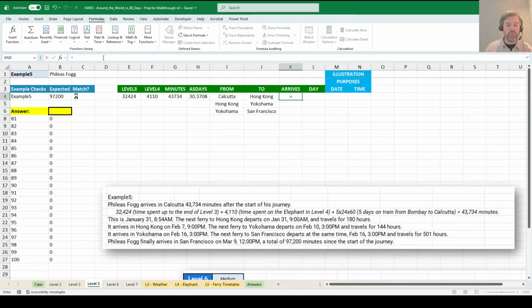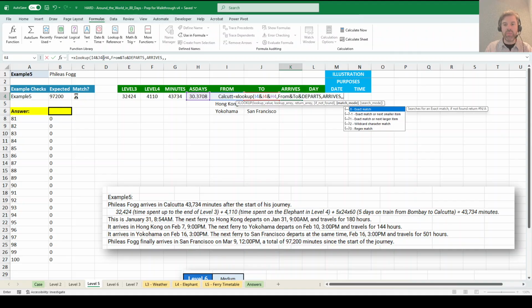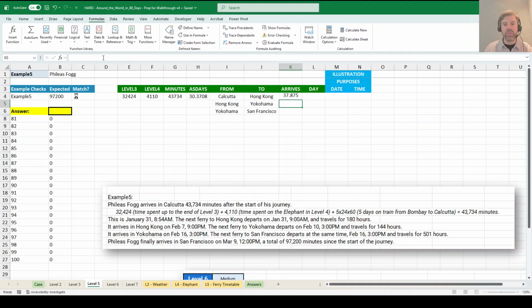So now we want to XLOOKUP the from location and the to location and the time, and we want to look that up in the ranges from, to and departs, and we want to return the arrives time, but we want the exact match or next larger item, because we can't depart until after we've arrived. So that becomes our start time for the next one. That's the earliest we can leave, is that arrival time. So I'll fill that down and do the same over here, and we get all of our times,